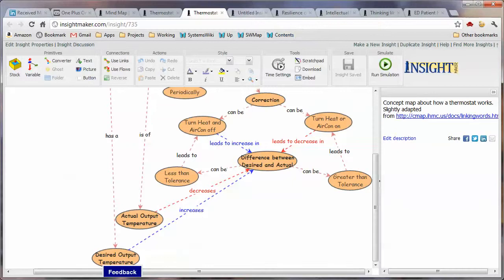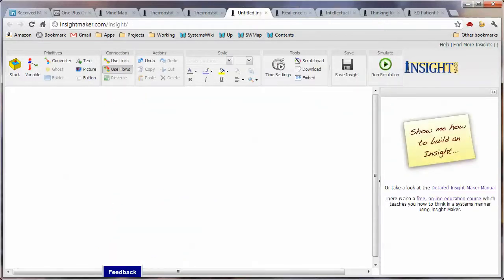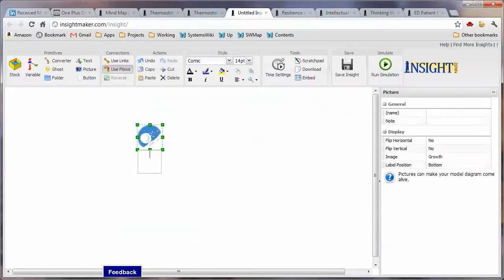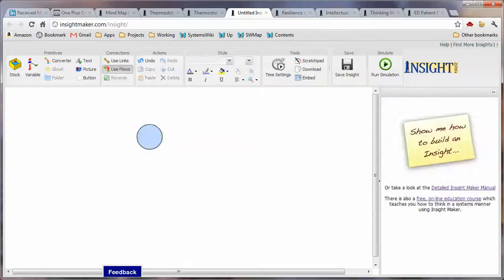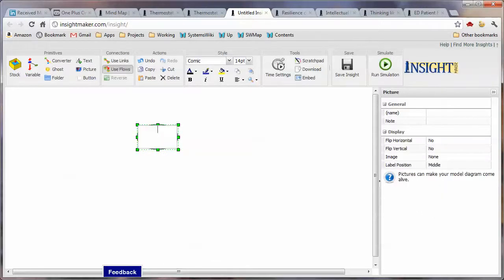Now, to actually create a mind map, personally, I would advise that you use a picture entity, because it's a picture and it isn't involved in a simulation model. There's no restrictions on the characters that you can use for the labels for it. So I simply create a picture element and then tell it that I don't want an image at all, and the label position is in the middle, so the text will be in the middle of this. I can then go ahead and say